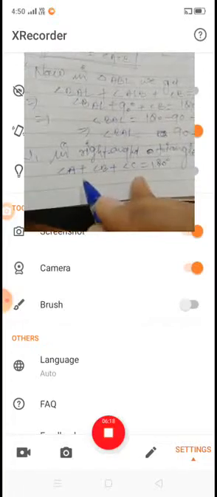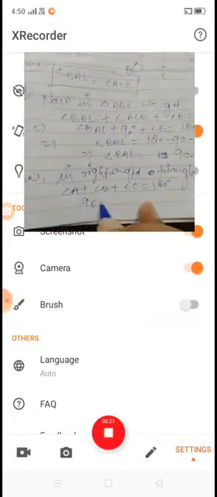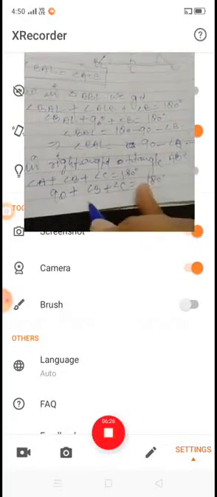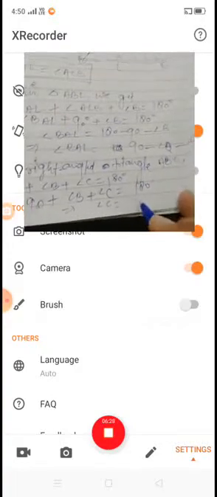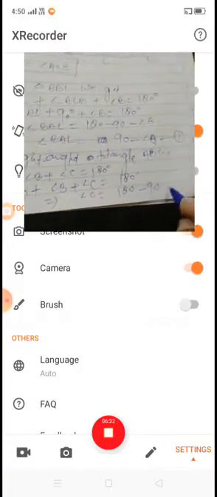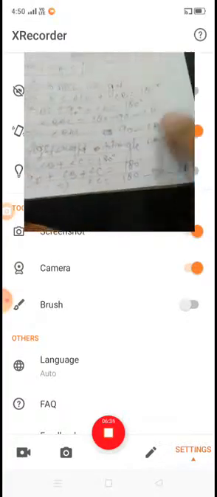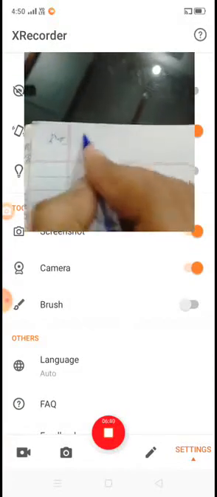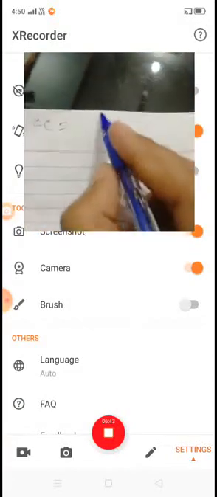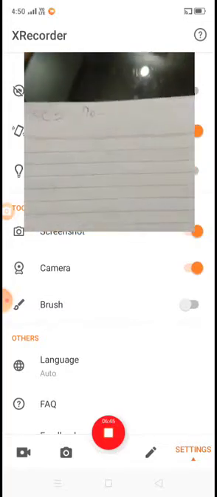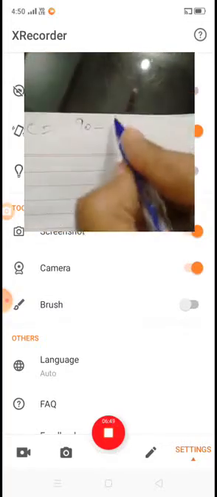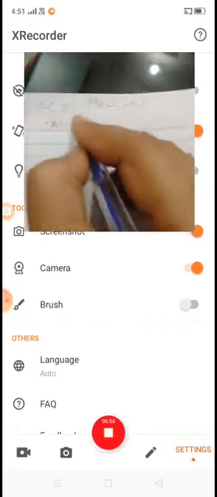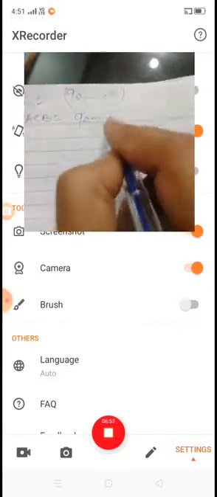Okay, now let's see, that is 90 plus angle B plus angle C is equal to 180. Now we have angle C is equal to 180 minus 90 minus angle B. Now we get angle C is equal to 90 minus angle B. Now angle C we can write as angle ACB, is equal to 90 minus angle B.